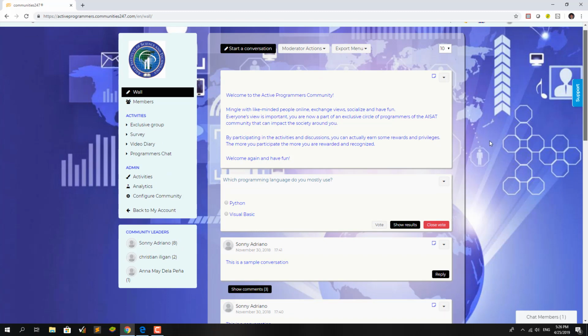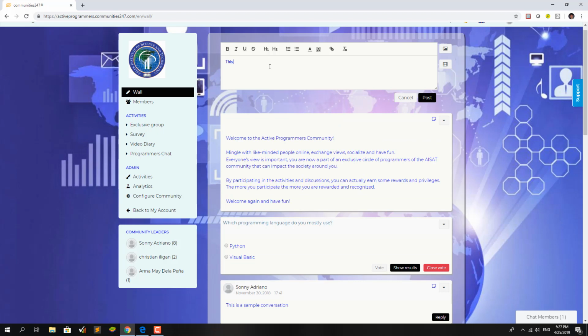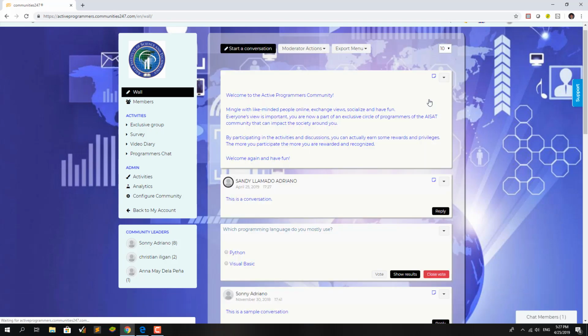So as I am showing you this, the view of the moderator, I can start my own conversation here by typing any message. And I can also upload an image or video together with my message. When I post it, it will automatically be added in the topmost section just below the pinned post.